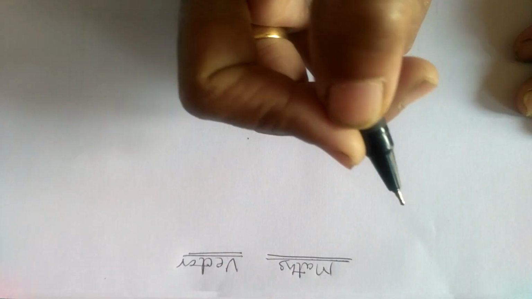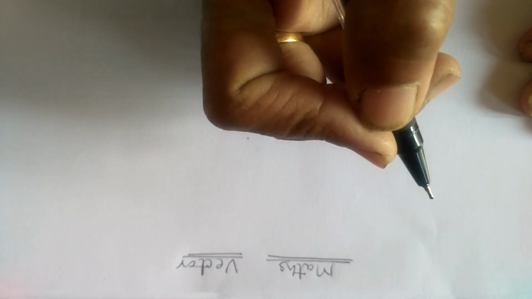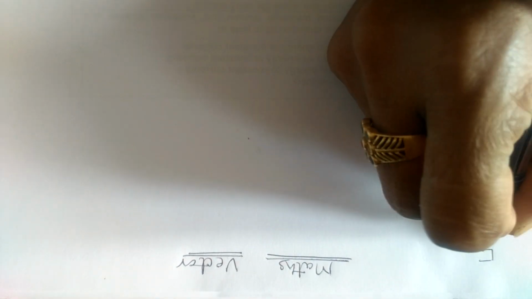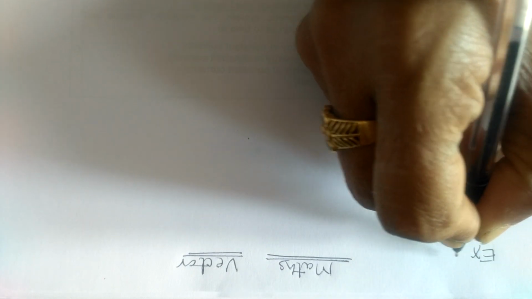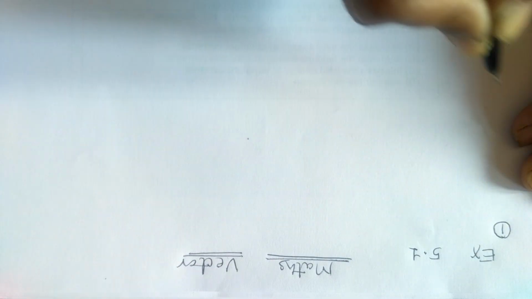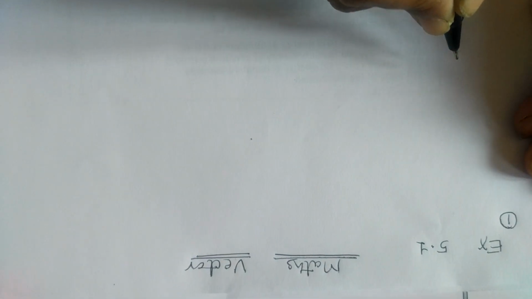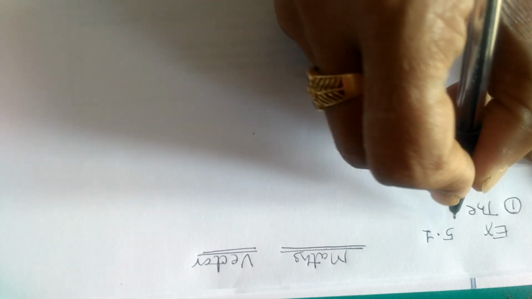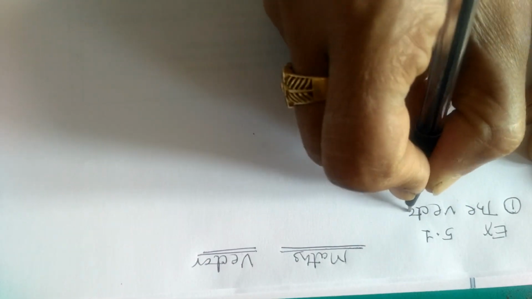So, hello students. Today we see the topic of vectors from exercise 5.1. Here we take the first example as the vector a bar, an example given in your textbook. The vector a bar